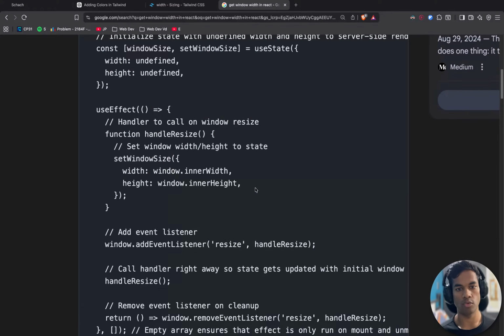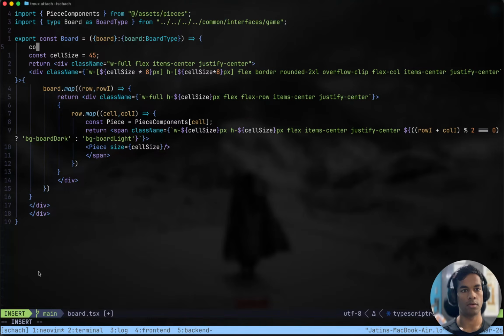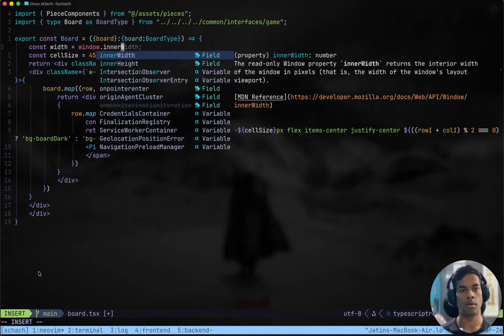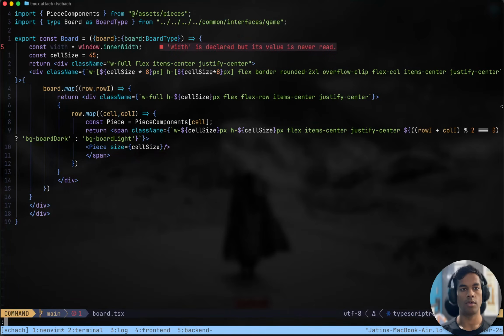Okay, so we can just do window dot inner width or something. Inner width, read only property, returns the interior width of the window in pixels. That is the width of the layout viewport. Cool.